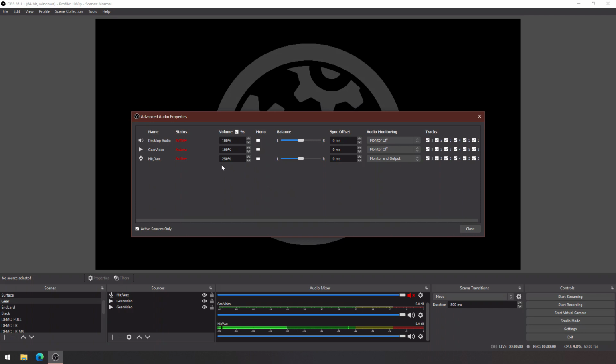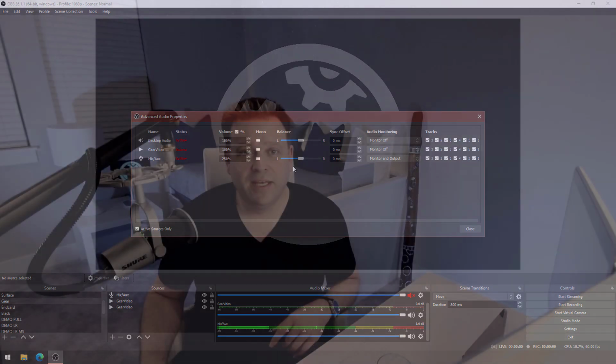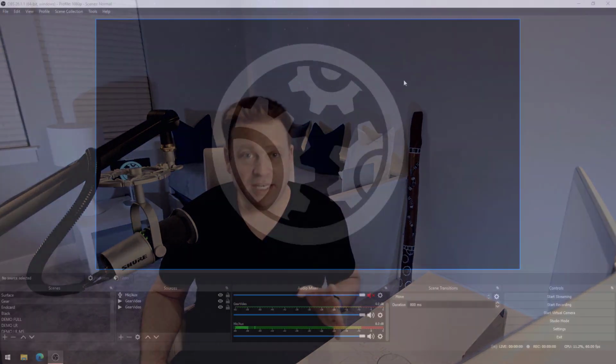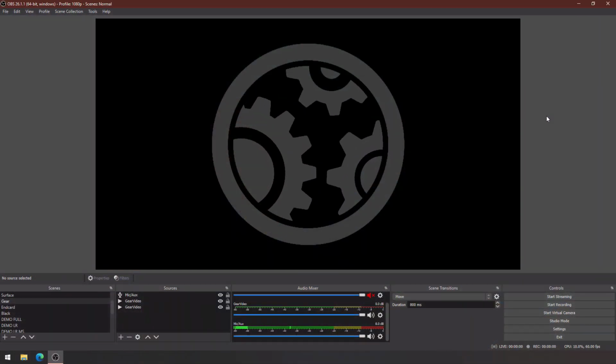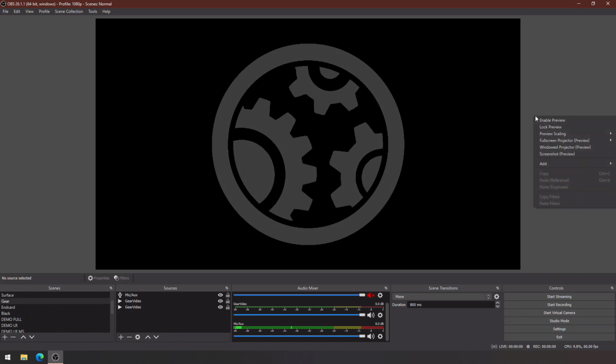Now you may need to come back here later and adjust the microphone levels like I've done here. And now we need to make sure that the video gets sent to your work device running Microsoft Teams. So here the capture card looks like an external display to OBS, so we just need to send a full screen image to it. And to do that, just right click off to the side of the scene like I'm doing here,